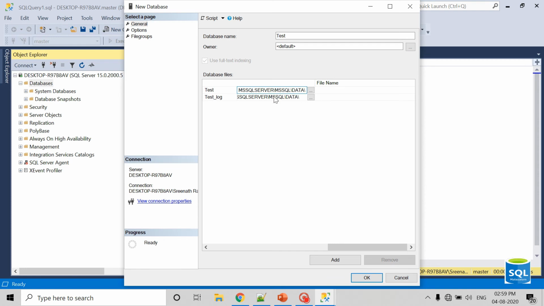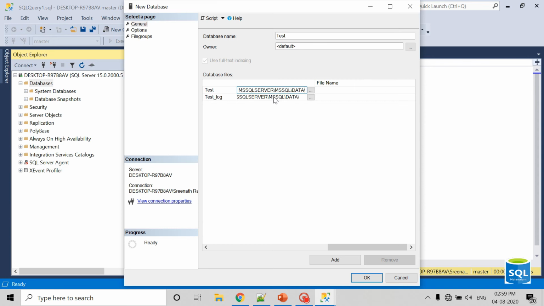So what are .mdf and .ldf files? The .mdf file is the metadata file. That's the main file where the data will be stored in the hard disk. And the .ldf file is the log file. It stores the transaction logs.